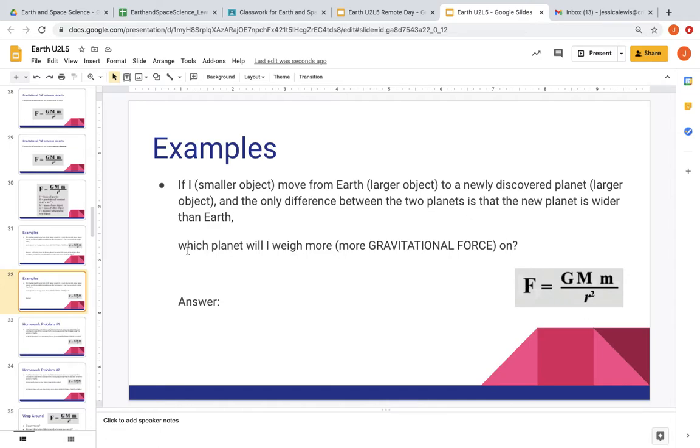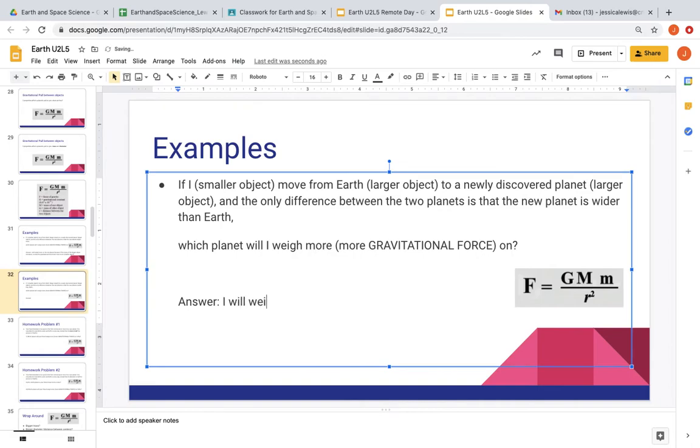So let's see which planet will I weigh more on. I'm looking for a greater force here, so I'm looking for the smallest distance, the smallest diameter. So I'm looking for the planet that's less wide. Let's go reread the question. The only difference between the two planets is that the new planet is wider. So that means Earth is less wide, and so Earth's number down here is smaller, which means that the force it has on me is going to be bigger, which answers the question, which planet will I weigh more on? So I'm going to say I will weigh more on Earth because,